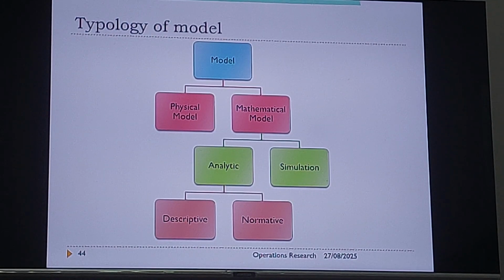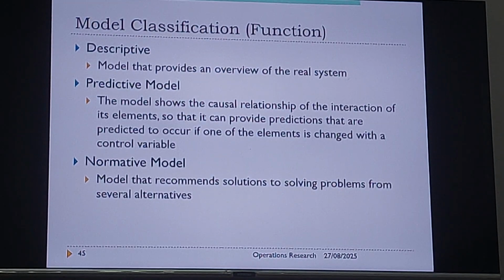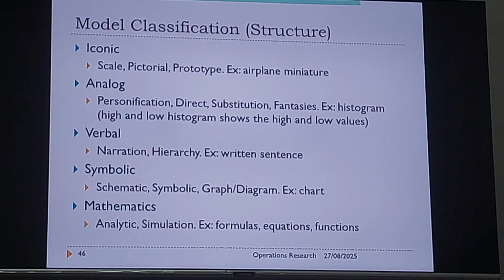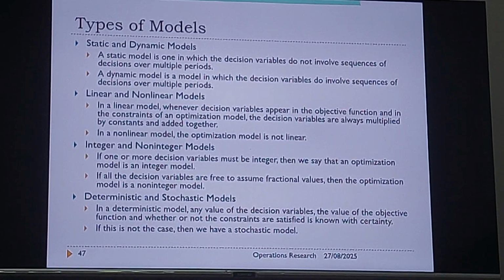Some mathematical models have analytic and simulation, and the analytic one has descriptive and normative, which you can read later on the next page. What's the meaning? Descriptive means to describe what the system is, but normative is to recommend the solution. Mostly we'll deal with the mathematical one in this class, and we'll deal with the linear,